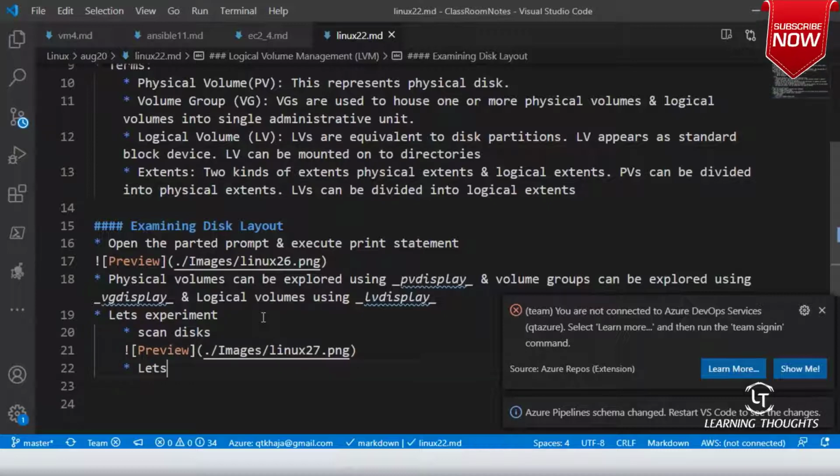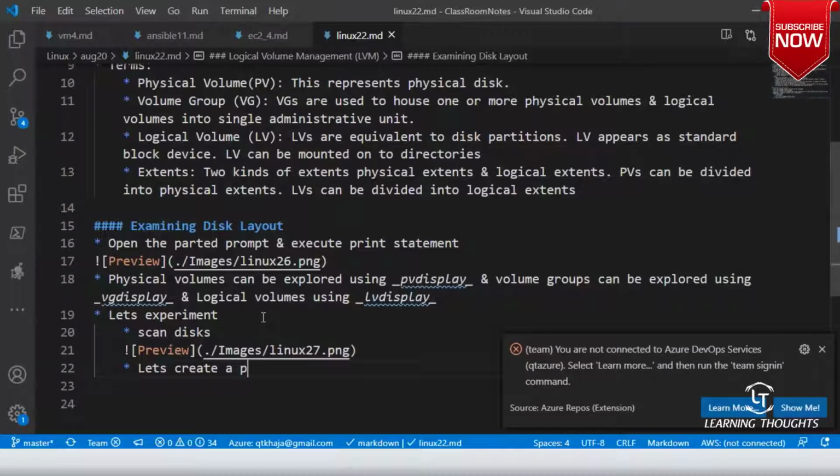Now let's create a physical volume. For that I have to use a command called pvcreate.